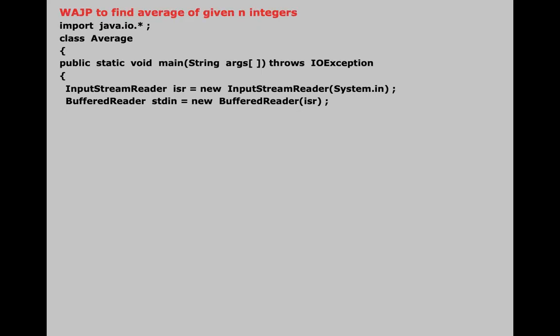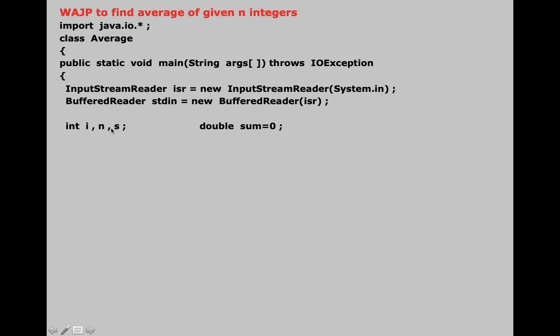Now this time I'll use InputStreamReader and BufferedReader. If I'm using InputStreamReader and BufferedReader, I'll start with import java.io.*. The class is called Average. In the first line of void main, I'll write throws IOException and these two normal statements. So nothing is new till here. Now, because of lack of space, I am writing two declarations in one line. I am creating some integer variables i, n, s, and then there is a variable sum initialized to 0 and sum is of data type double. Now over here n is going to be the number of elements, which is always an integer. I will be using the for loop.